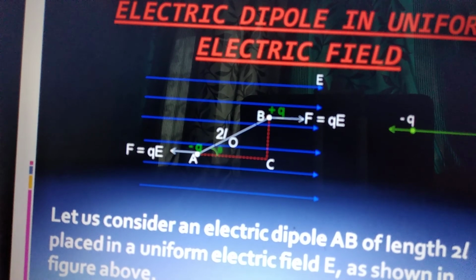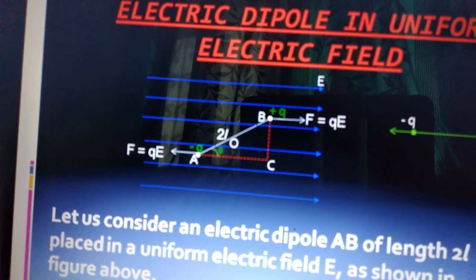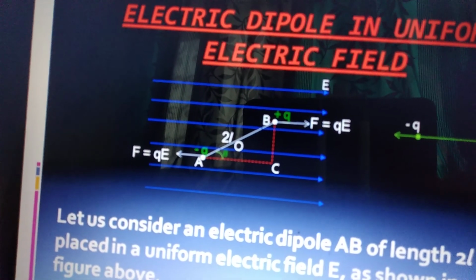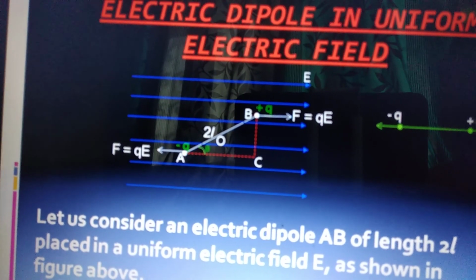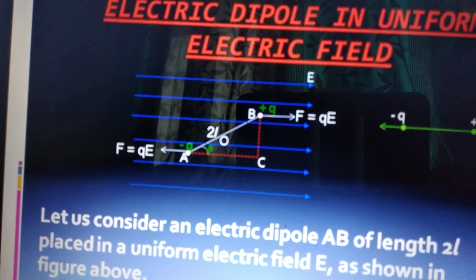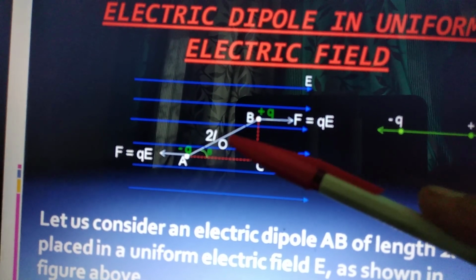These two equal and opposite forces therefore form a couple of forces which will have a tendency to rotate the dipole about its midpoint O,